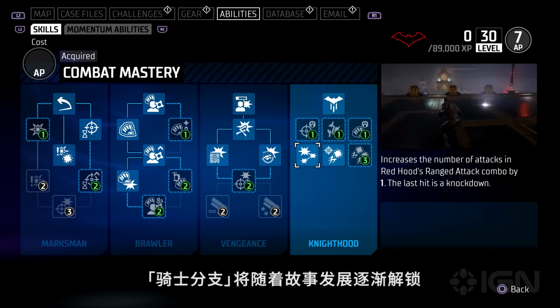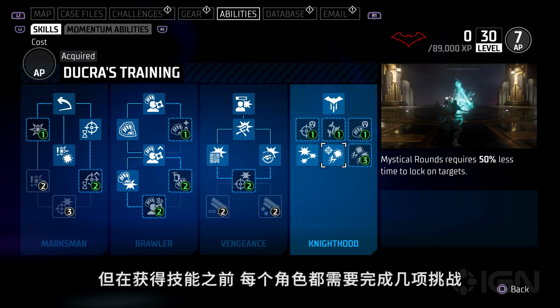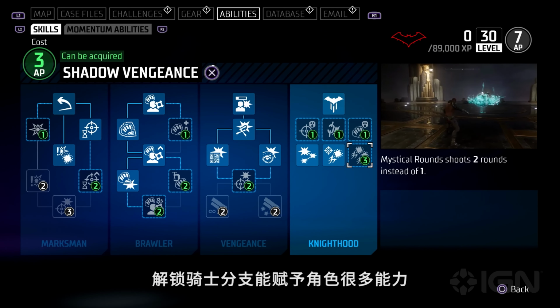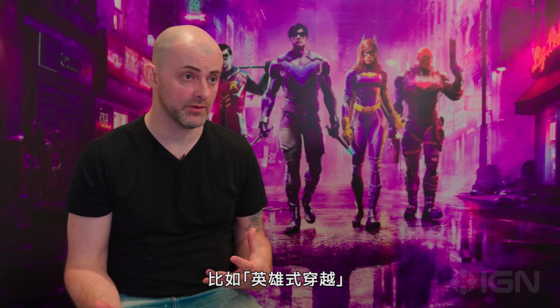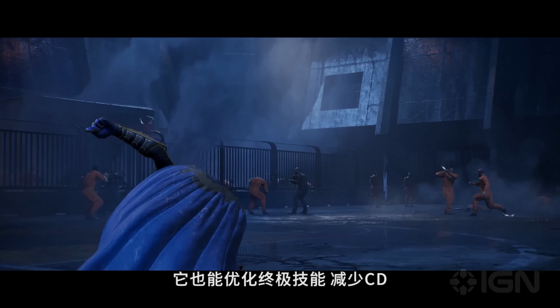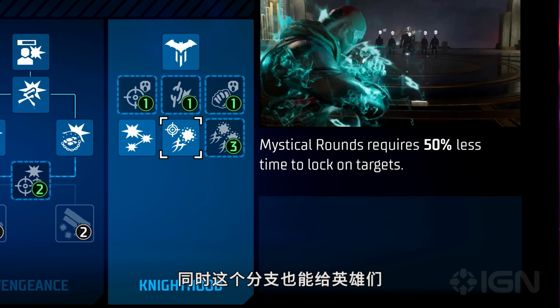Knighthood will begin to unlock after a specific point in the story, but every character will have to complete a set of unique challenges to begin earning the abilities inside. Unlocking the Knighthood tree gives you a couple of things. It unlocks the heroic traversal for that hero, so if you're Batgirl, suddenly you can glide. It unlocks your ultimate ability, for Batgirl that's the drone, and it unlocks the Knighthood ability tree, where you can